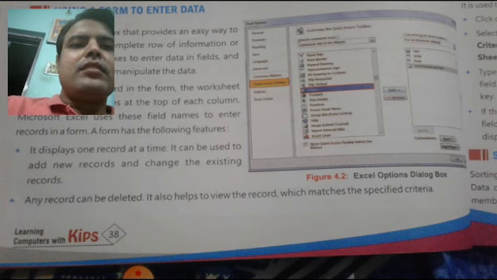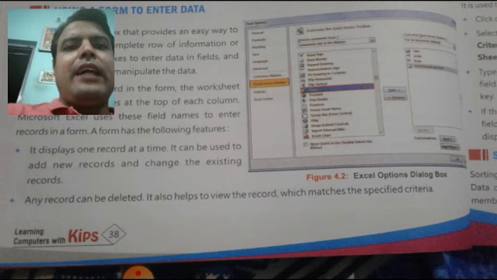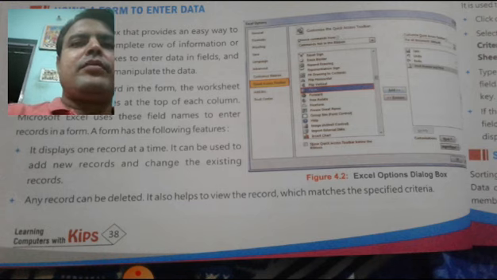We can arrange the data in a particular order, such as ascending or descending order in a worksheet. These arrangements can be applied on the rows having numeric data to arrange in ascending or descending order, or on the text to arrange it alphabetically as in the dictionary, or in the reversed alphabetical order.